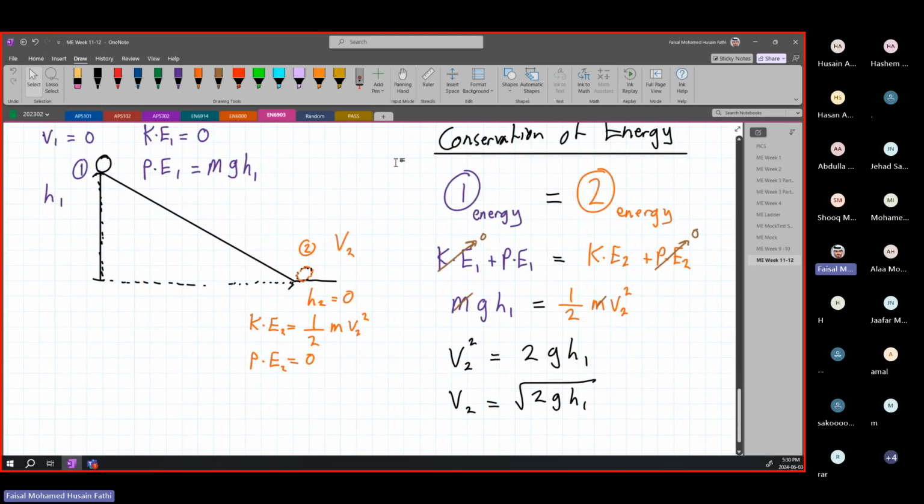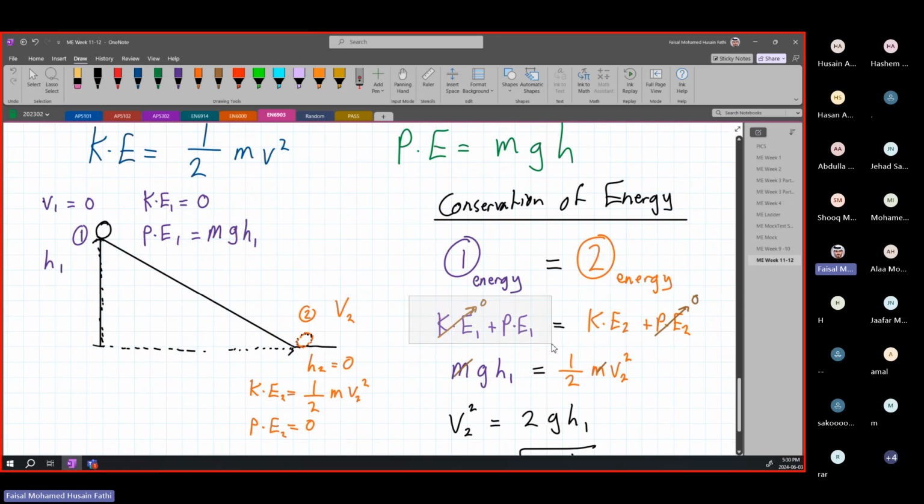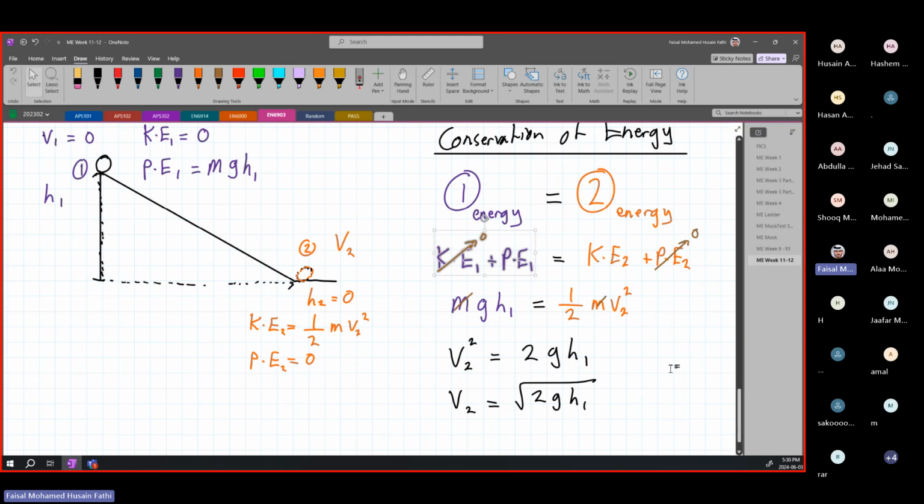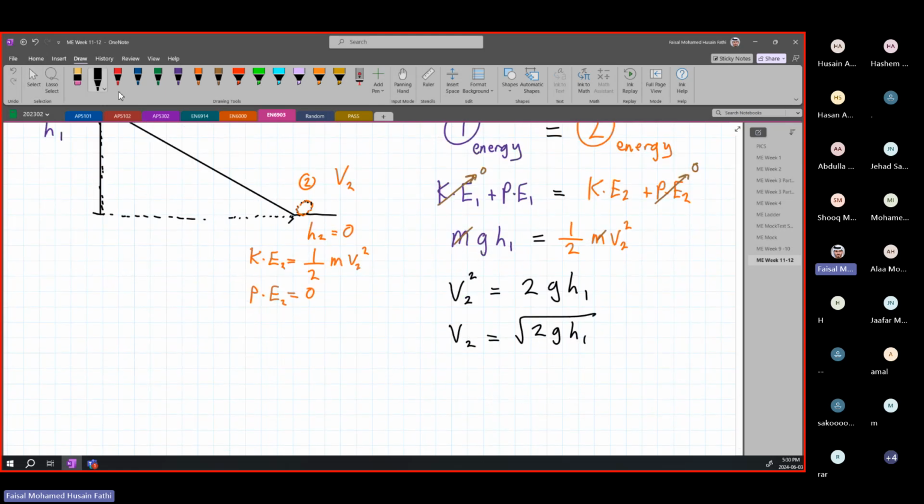Okay, but I want you guys to understand this concept very, very importantly. I need this of adding your potential and kinetic energies and equating them to each other. This is also known as our total work done. All right, so this is also equal to our total work done. How is it equal to that? So the total work done